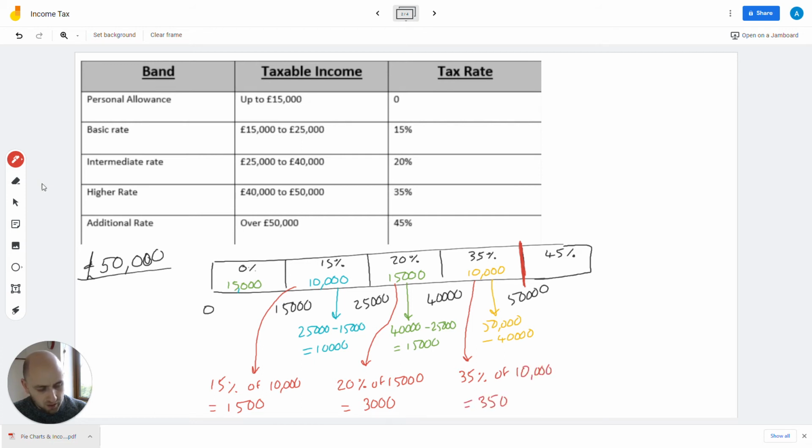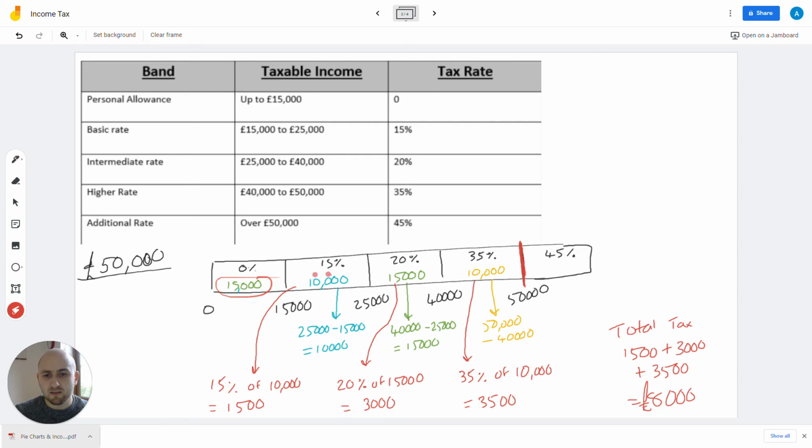which is 3,500. So his total tax, okay, so each of them, he's paying all of those taxes, just at different rates. So if we add all of them together, we get £8,000 paid. Okay. So like I say, the most important part here is this chunking up of allocating all these monies